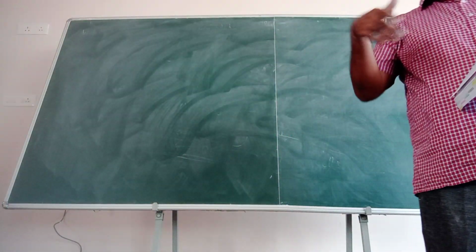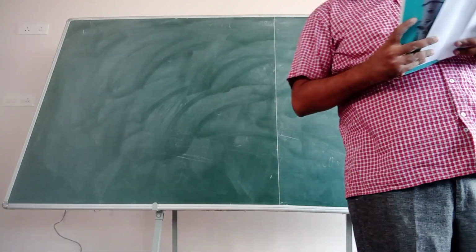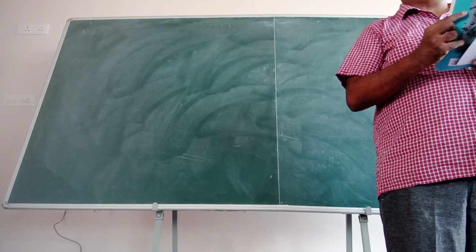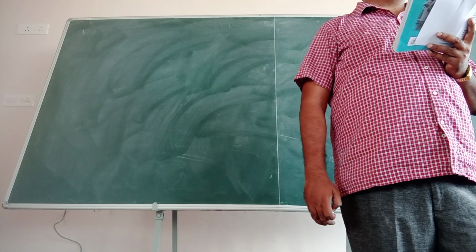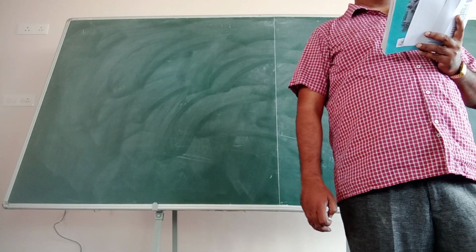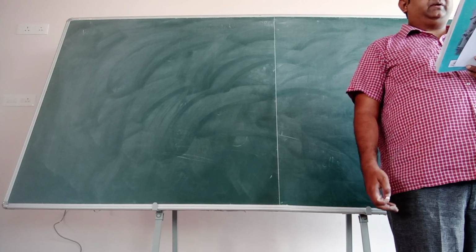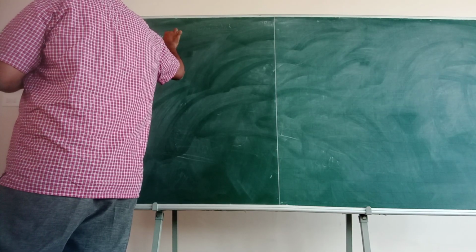So I am just reading this question out and I will write there. But while you have the book, you can write from there. I am not writing the question on the board. The question says: 0.5 mole of a gas at 300 Kelvin expands isothermally from an initial volume of 2 liters to a final volume of 6 liters. What is the work done by the gas? How much is the heat supplied to the gas? R value you should remember, I told you R value is 8.314 joule per mole Kelvin.